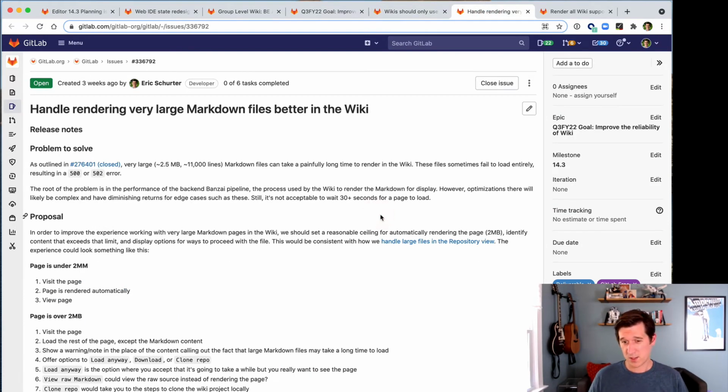Another part of the wiki performance is how it handles loading very large Markdown files. And so by that I mean files that have 20,000 lines of Markdown, things like that, where they exceed a reasonable size, but take a large amount of memory and a large amount of time to render. So we're going to take a cue from the